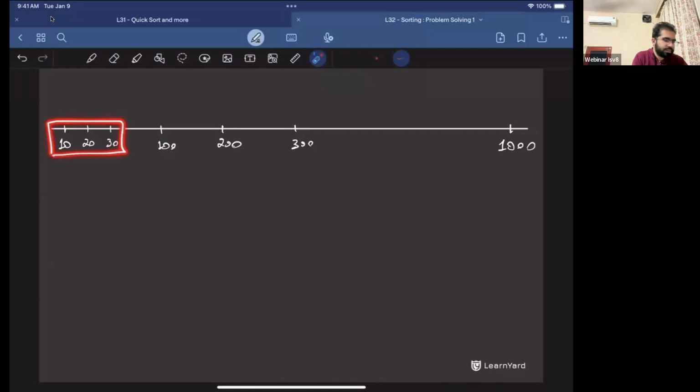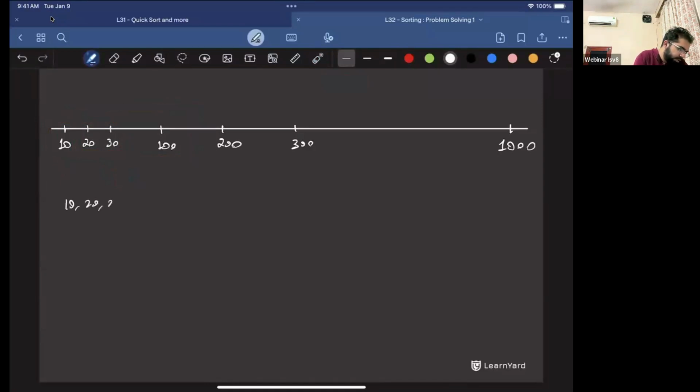In the first three numbers, our answer will be max minus min of this, right? And then look at the next set of three numbers. In this case, our answer will be 80. In the first set of three numbers, in the case of 10 20 30,